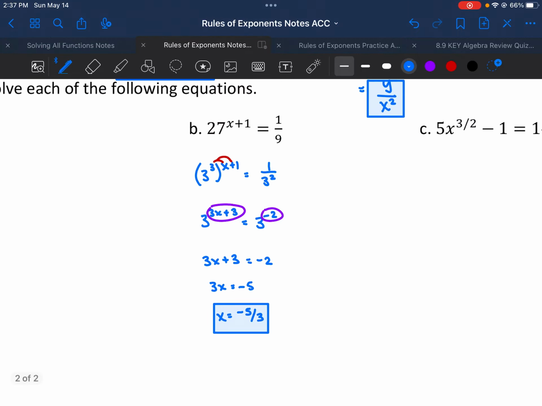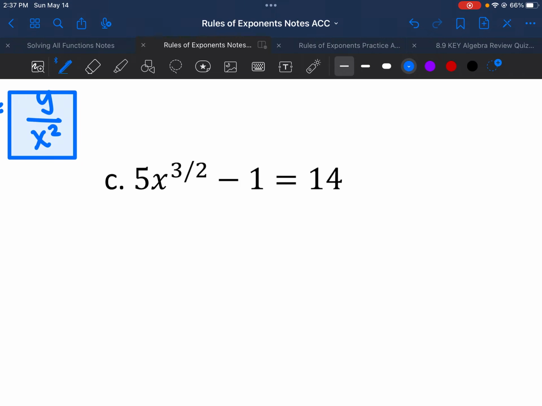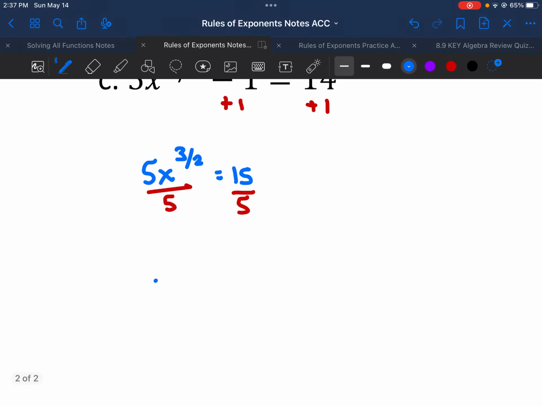All right, last example. 5x to the 3/2 power minus 1 equals 14. So trying to solve here, we're going to do some of the usual equation stuff. Let's add the 1 over. So plus 1, 5x to the 3/2 equals 15. Okay, let's divide the 5 on both sides, that coefficient. Divide by 5. Now I have x to the 3/2